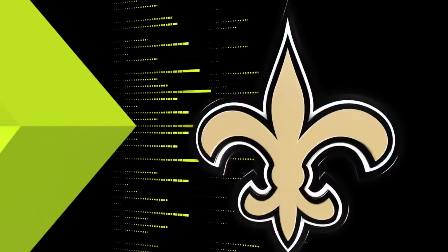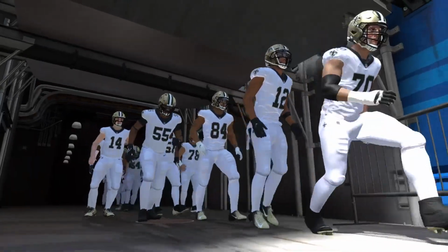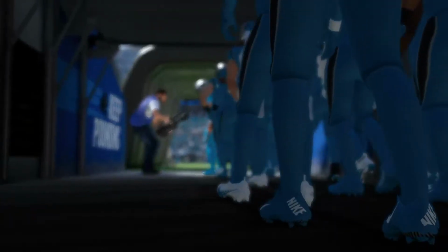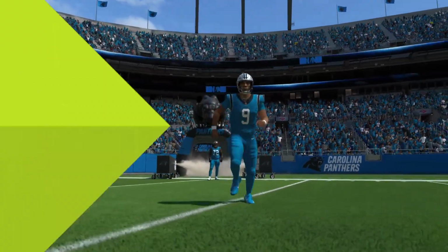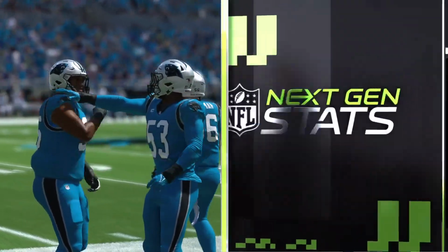Just a spectacular afternoon for football here in the Tar Heel state of North Carolina as EA Sports welcomes you inside Bank of America Stadium in uptown Charlotte. Today we've got a Week 8 matchup on tap here between the New Orleans Saints and the Carolina Panthers. Alongside Charles Davis, I'm Brandon Gaudin and